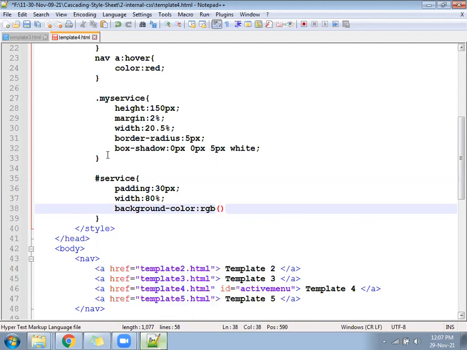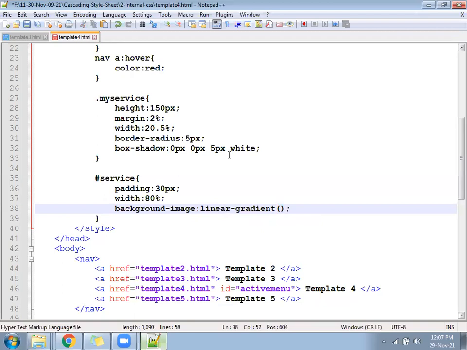or if you want to apply a different color, let's go here, background hyphen image. There is a function called linear gradient.